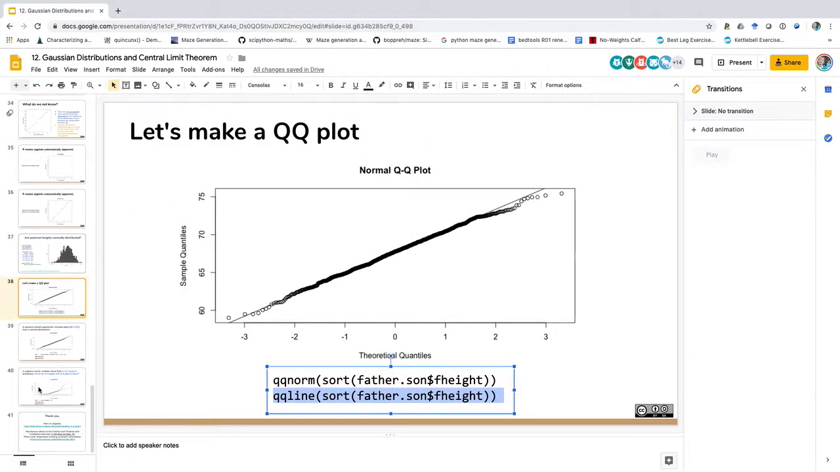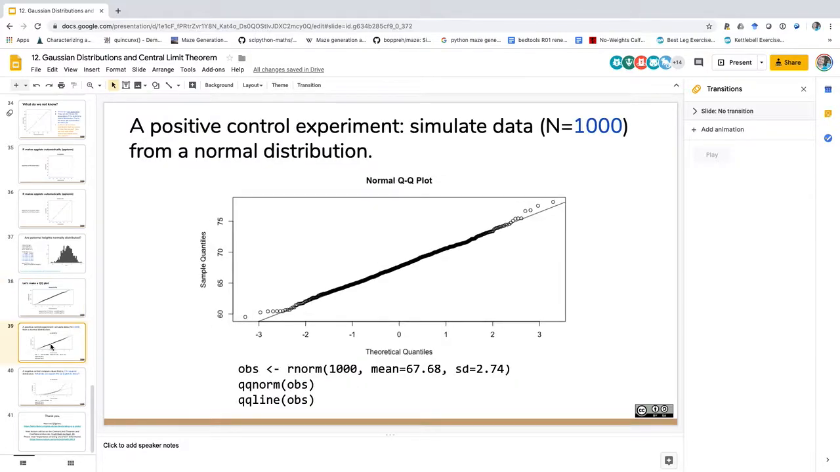Okay, just to wrap up with a couple more slides here. Let's do a positive control experiment though. Let's simulate data from a normal distribution as our observed data, and then run a QQ plot against that to make sure that our heights data, the QQ plot for our heights data, looks almost as good as a QQ plot from data simulated from